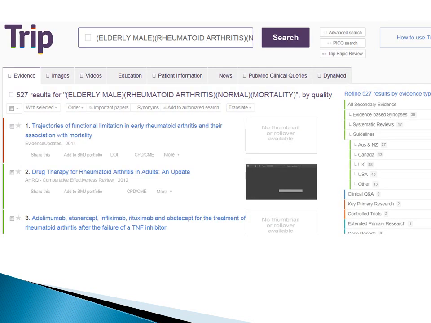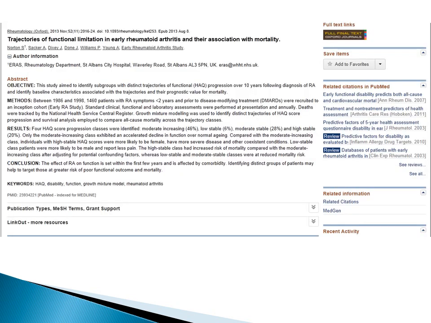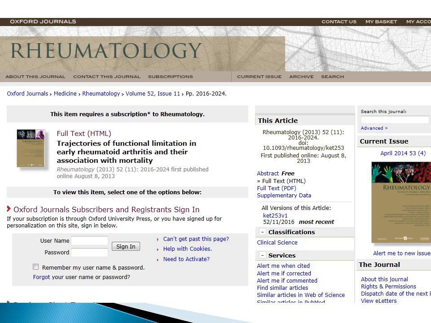Mortality, and we immediately got at the top a study on trajectories of functional limitation of early rheumatoid arthritis and their association with mortality. So we're going to click on that and see what we get. We have some mention of the health assessment questionnaire right here, and we have some division of how to divide up rheumatoid arthritis patients into their function, and not a whole lot about mortality, so not too exciting on that. And plus, we're limited because it's not in our library, so we'd have to specially request that,